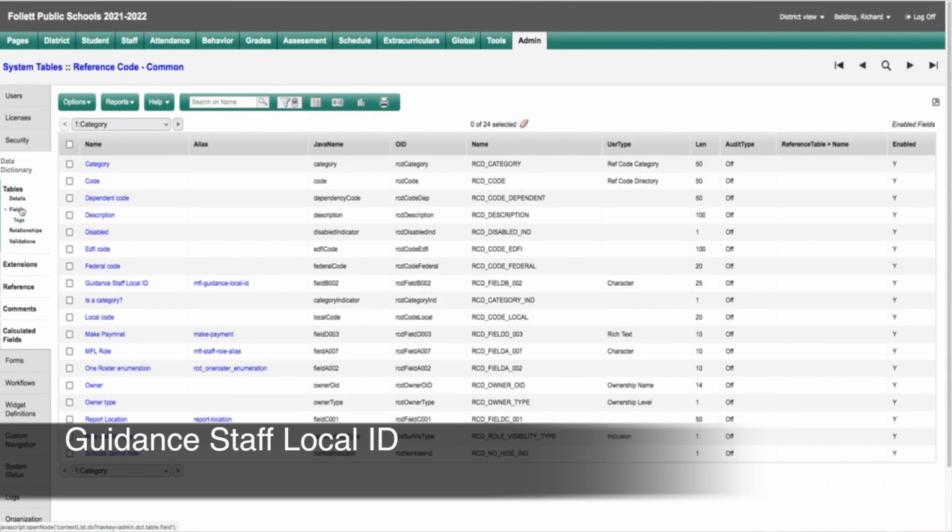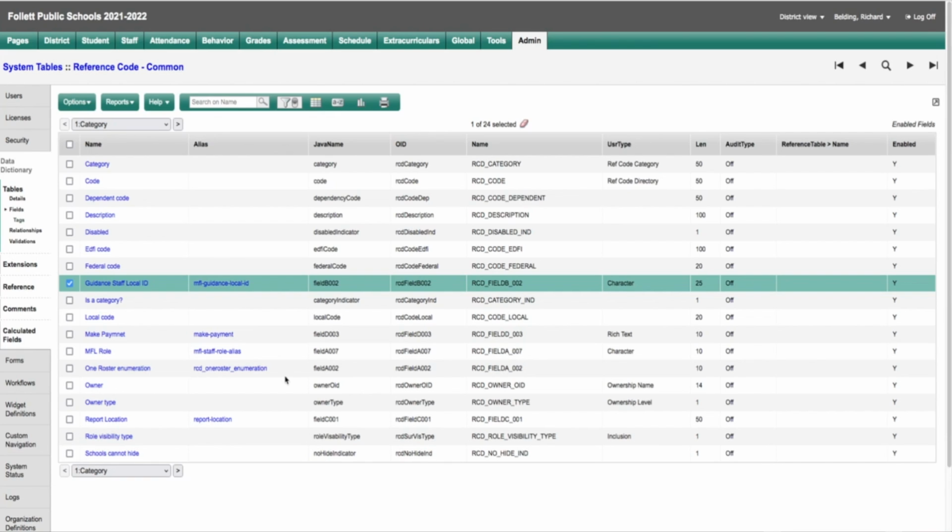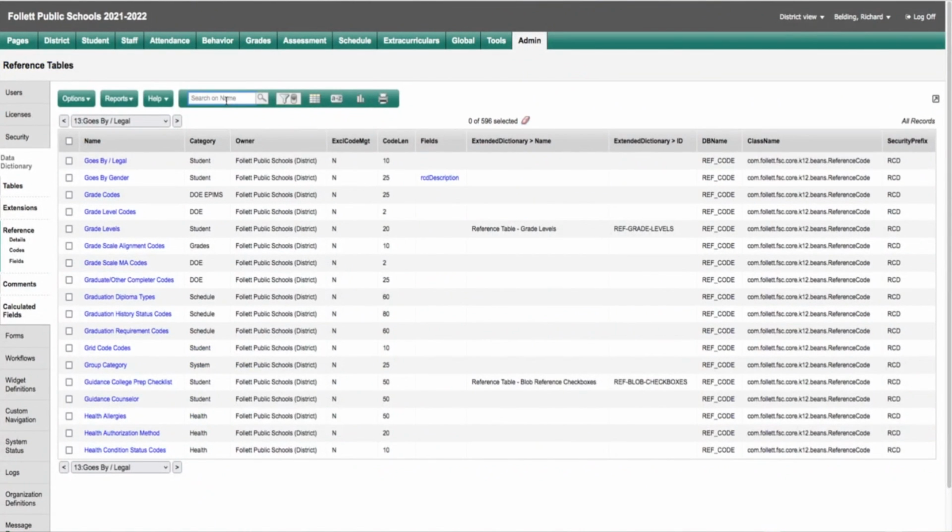staff type. And when I go into reference code common, we're actually going to see another field that was created with the procedure, which is called guidance staff local ID. And it has the alias of MFL guidance local ID. So what we're going to do is on the reference code for the guidance counselor, right, we are going to put the local ID. So let's see how that works. I'm going to go to reference. You've got to remember what your fields are called, but this, I believe, was called counselor